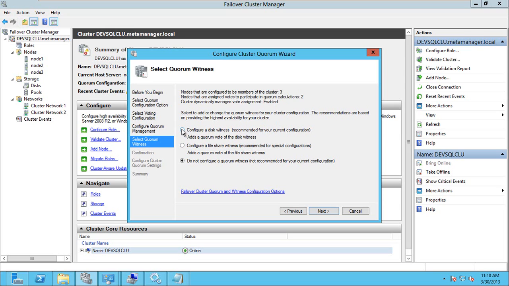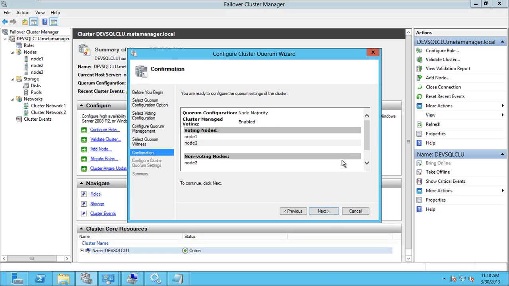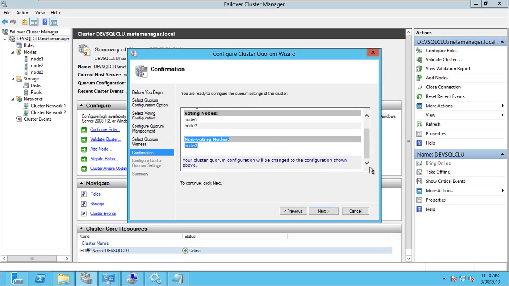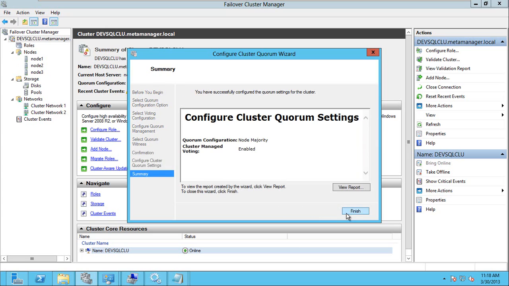So that is why it is saying this is recommended, and this is not recommended. Okay, so you can say node majority. So how many nodes? You have 2 nodes. This node is a non-voting member. Okay, so now if I click next,